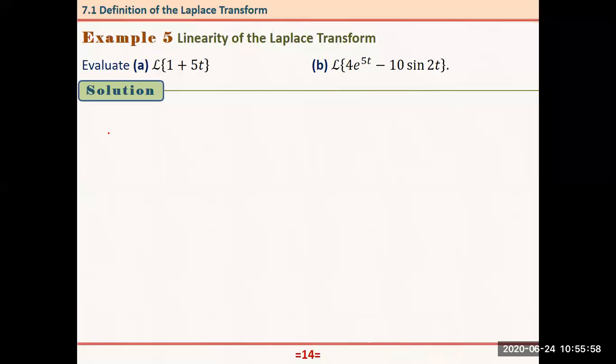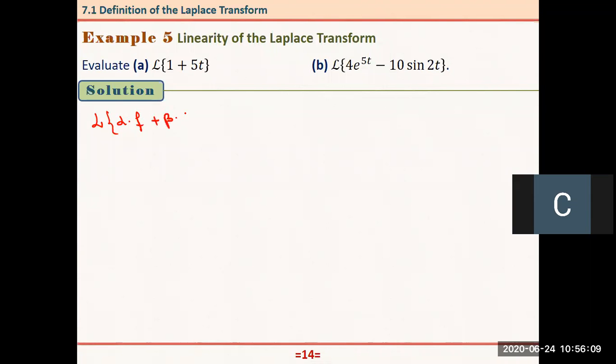I have to show that the Laplace transform of alpha times f, where alpha is a constant, plus beta times g, where f of t and g of t are our functions, is equal to alpha times the Laplace transform of f plus beta times the Laplace transform of g. The Laplace transform of a linear combination of two functions is equal to the linear combination of their Laplace transforms. Why? Because using the definition,